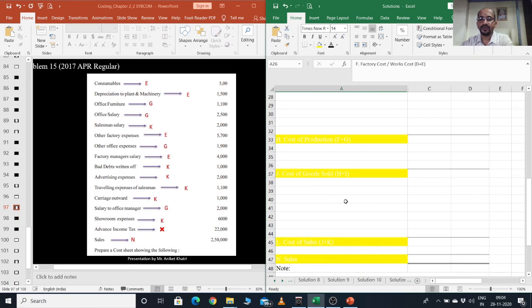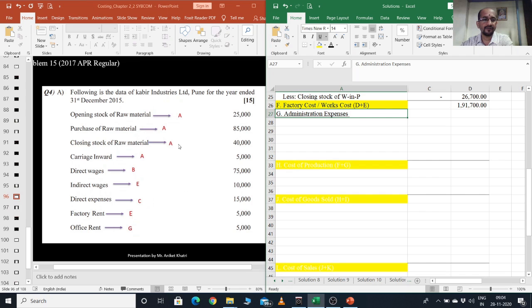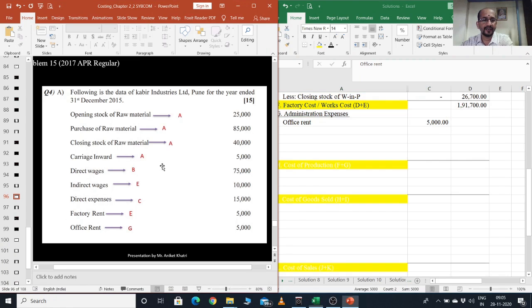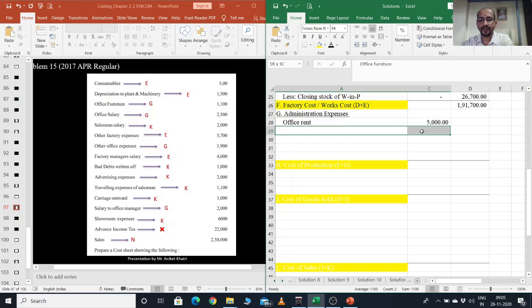Next, you need to write the administrative expenses. Okay, so again as in format in our problem, check whether G items are there or not. Yes, here you can find office rent 5,000. Okay, and next office furniture it is